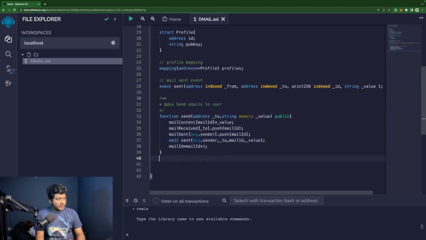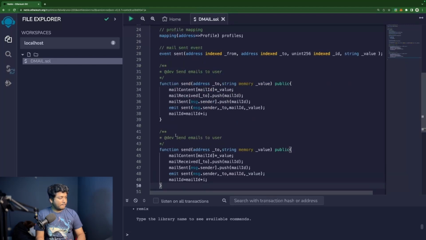Let me just copy this. Whenever a user registers with our application, that person needs to register their public ID with the contract, otherwise we will not be able to send an encrypted mail to that user. So to do that, we have to have a function which will save the public ID or create the profile for that user. So what we will do, we will create set key,